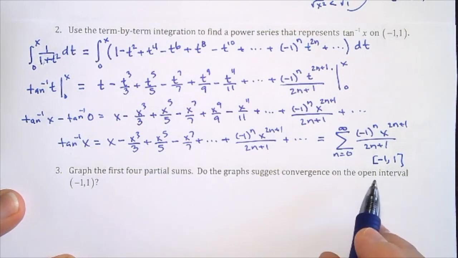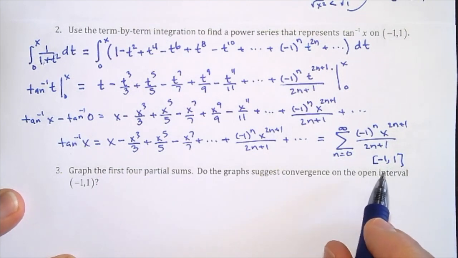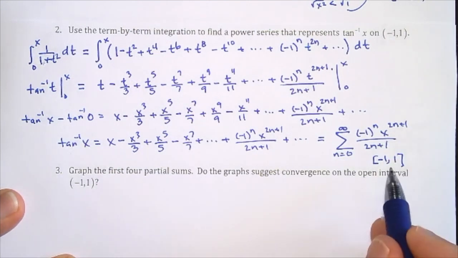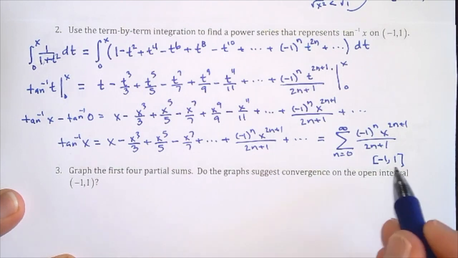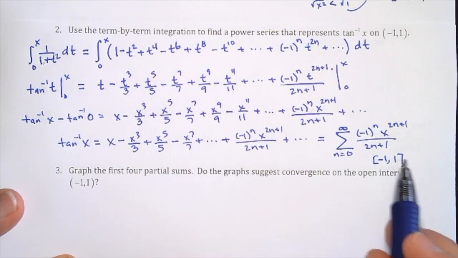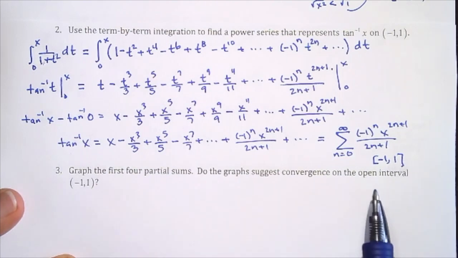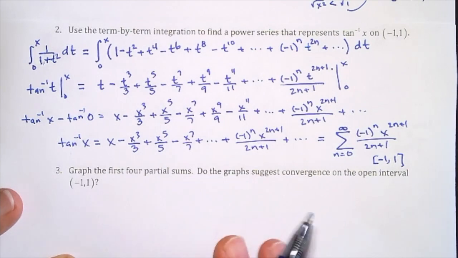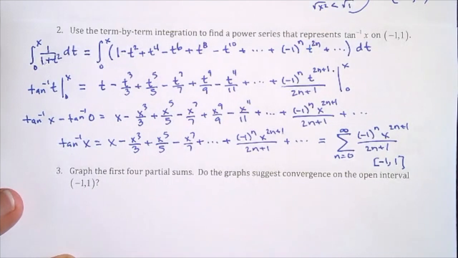Now, we're going to talk about this in future lessons when we talk about where it converges at endpoints. If you look at your list of assignments, this is going to happen towards the end of this, okay? We're going to talk about endpoint convergence. For this one, it turns out that the endpoints also converge, okay? I'm not going to do the rest, and the next page after this I'm not going to do because that really isn't going to be that important. We'll be covering that over the next few days, okay? So let me know if you have any questions, okay? And this is just the same